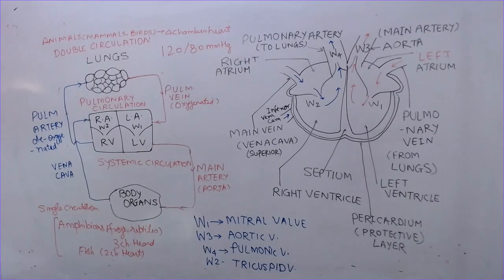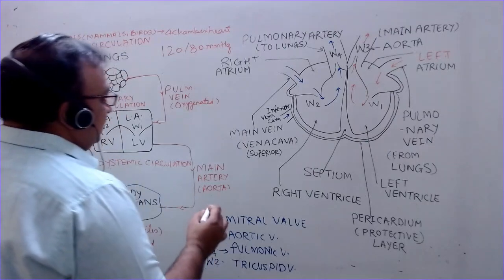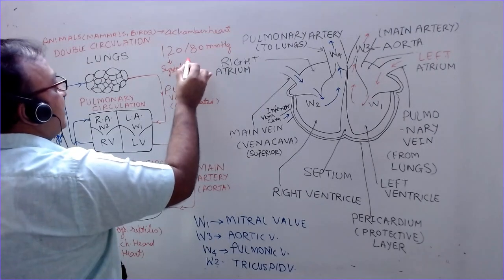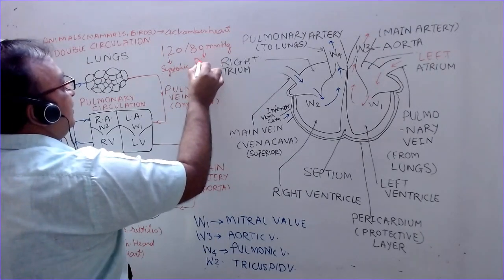This should be the ideal blood pressure, but as age increases, blood pressure also increases. As I told you, it is measured in terms of systolic and diastolic blood pressure. Systolic blood pressure is the maximum pressure applied by the blood when it leaves the heart through the main artery, the aorta, during the contraction phase, and the minimum pressure in the arteries during the relaxation phase of the heart is called diastolic. So this is systolic, the maximum pressure of the blood, and the minimum pressure is diastolic.